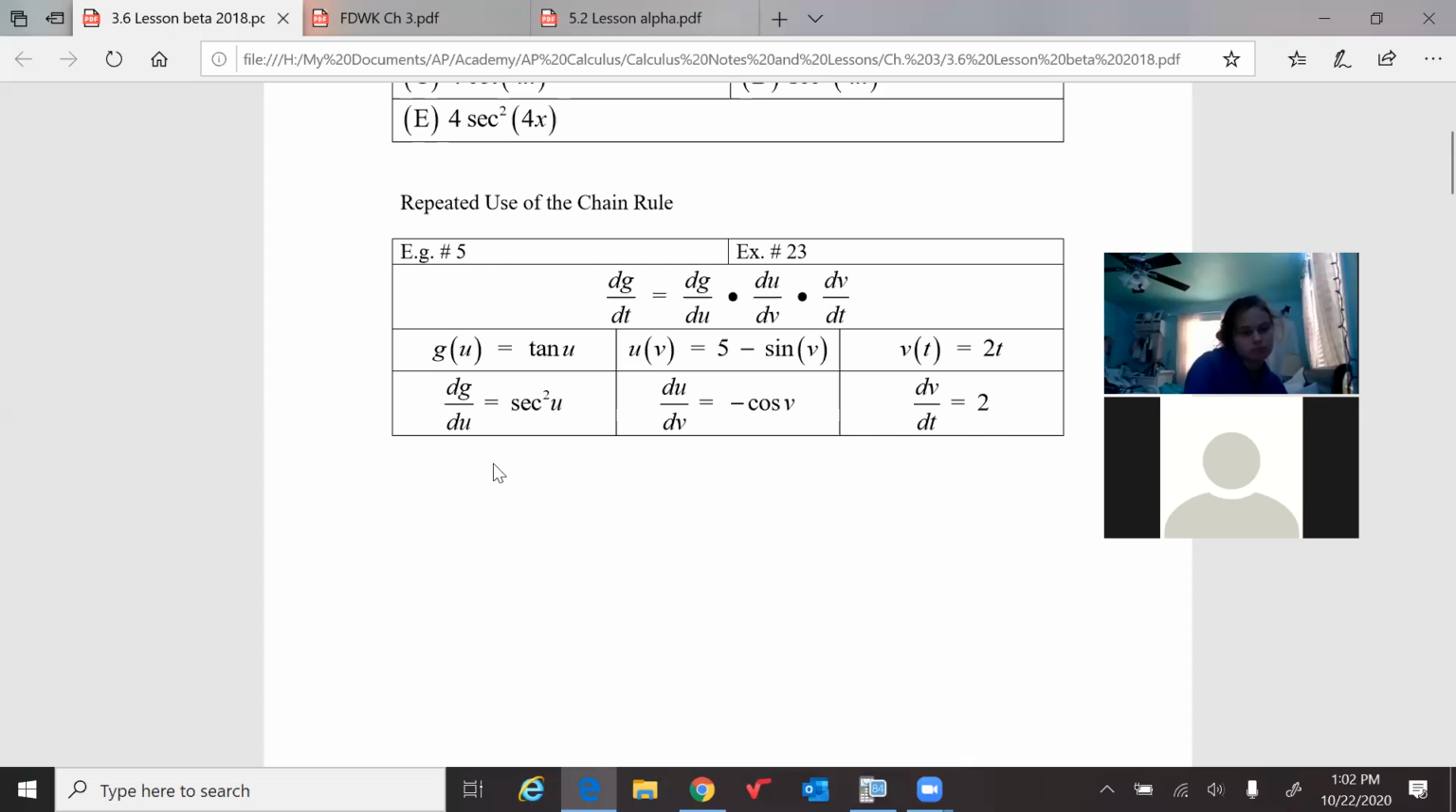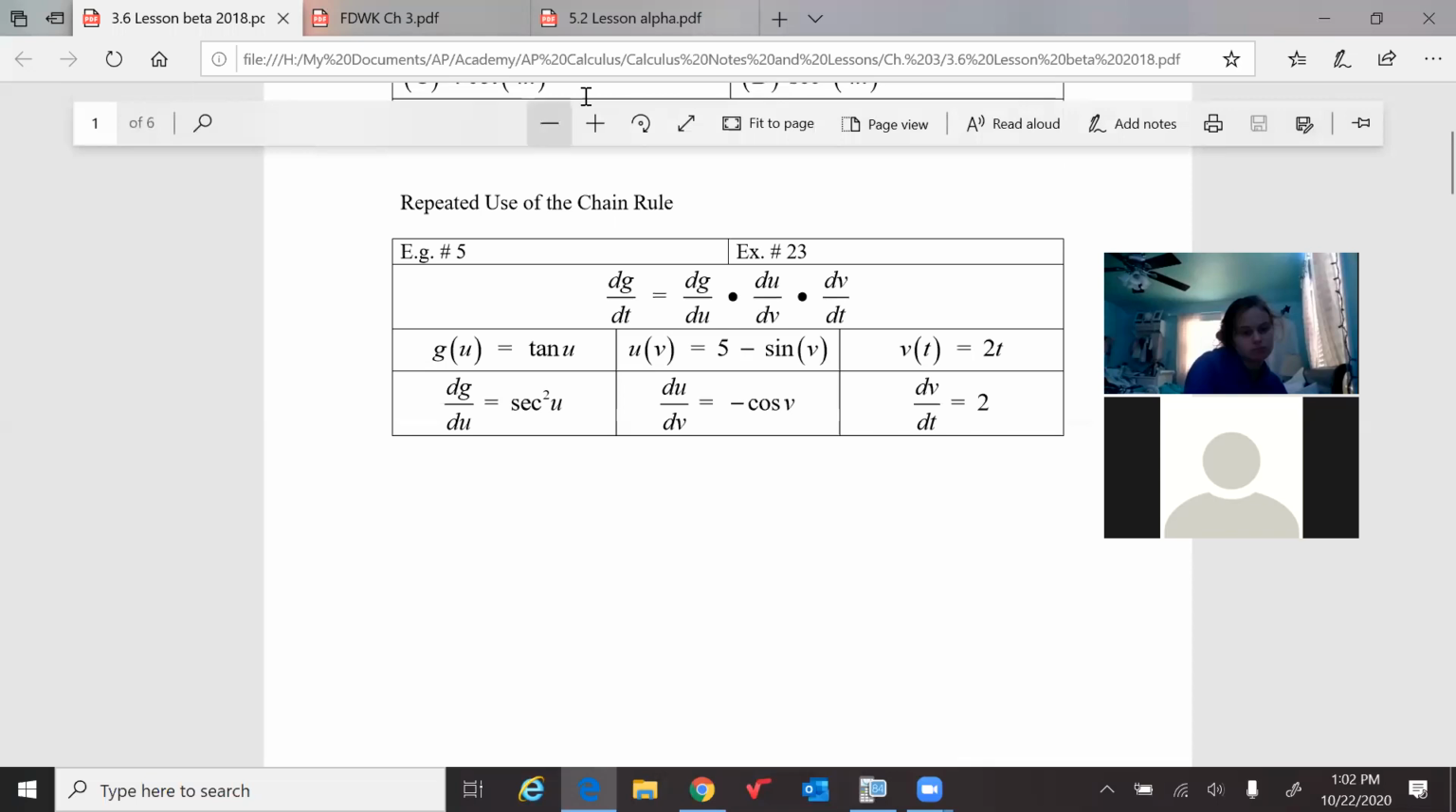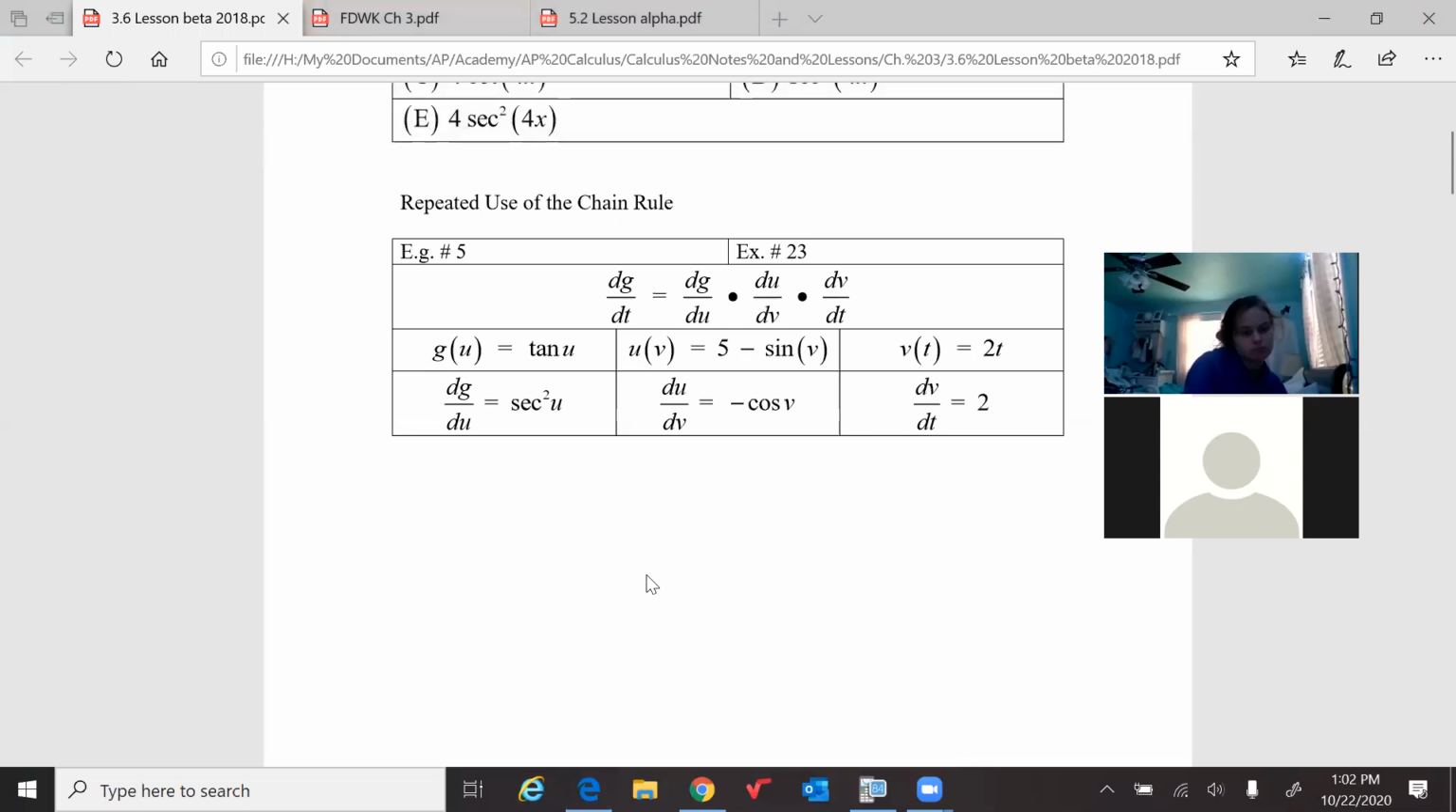So then what's inside the parentheses is 5 take away the sine of that 2t. So we already called that u. And the big graph is tangent of everything inside of it. So then you just, from this line, this is the problem right here. You can write this line pretty much done. Because from there, you are doing what? You are